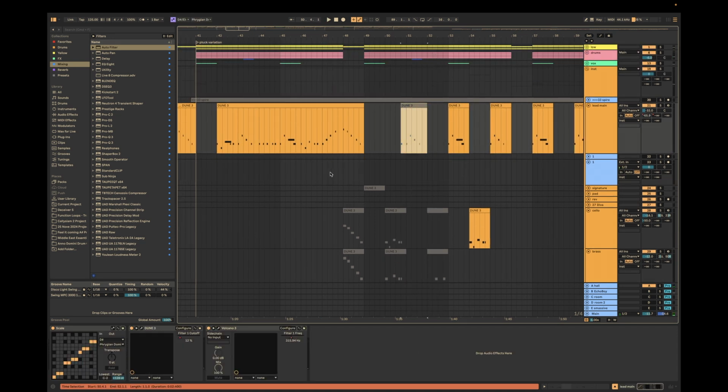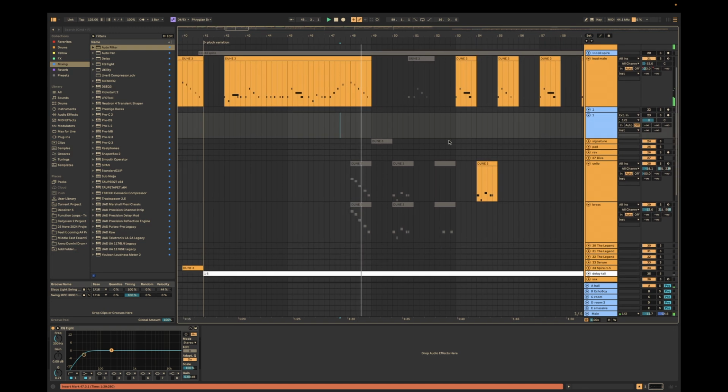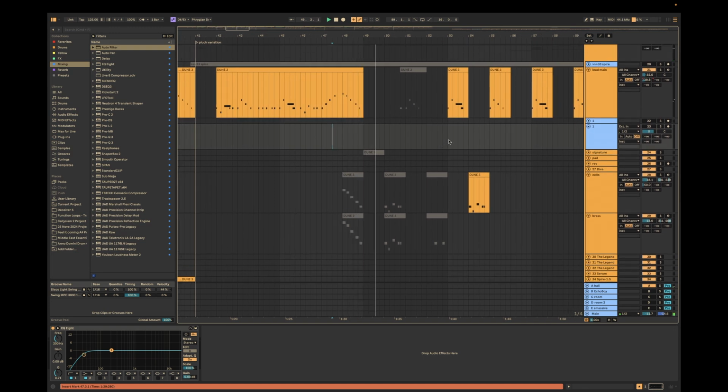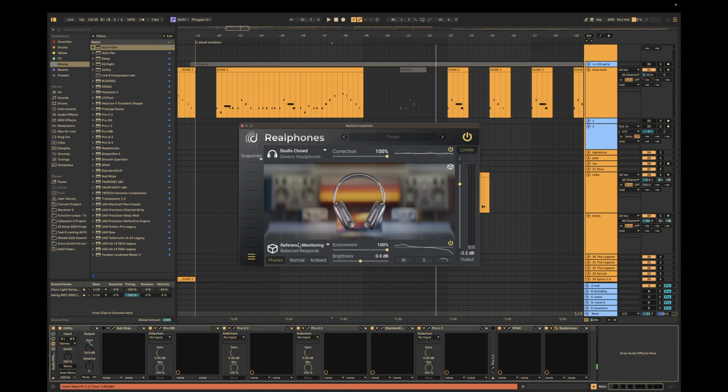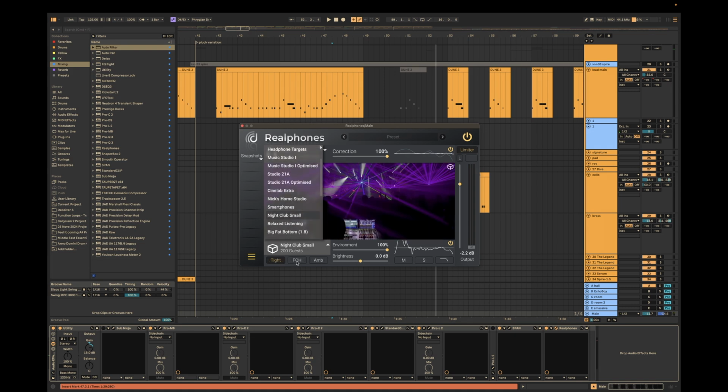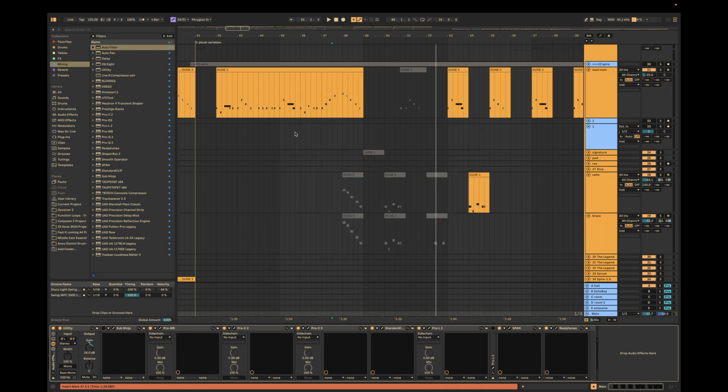What if we change the whole thing? The thing is, and what we often forget when we are listening on headphones, it feels completely different in a studio, in a club. If we listen to this stuff in a club,